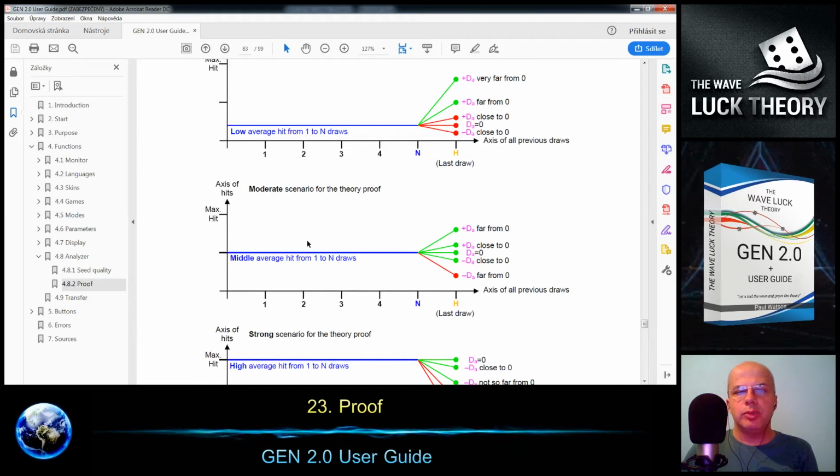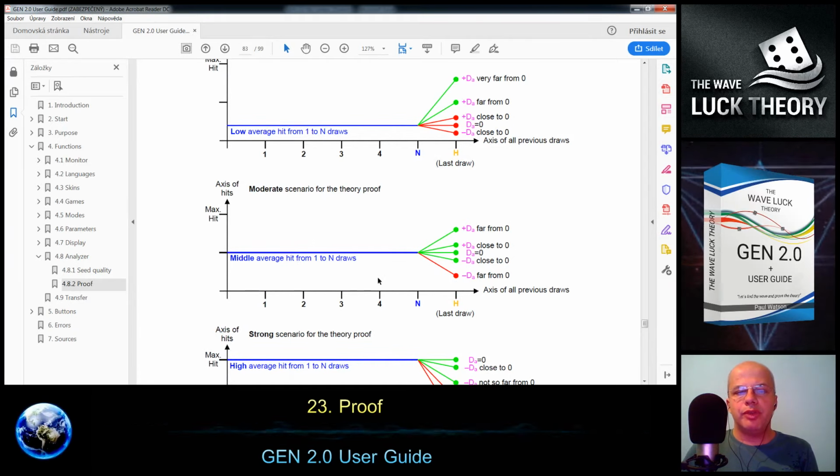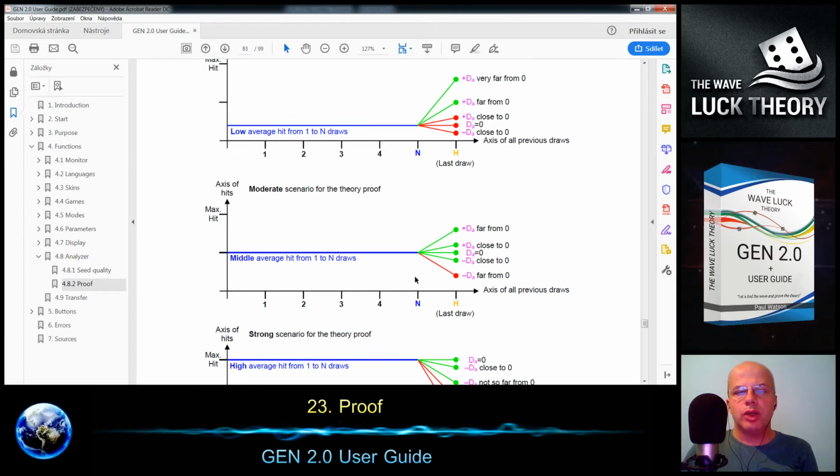Then we have the moderate scenario, where the average of all previous draws except the last one is in some middle value, for example equal to 3 or 4. Then the interpretation of the result is a little bit different and more positive for us. So we can disprove the theory only in case the deviation is negative and far from 0.